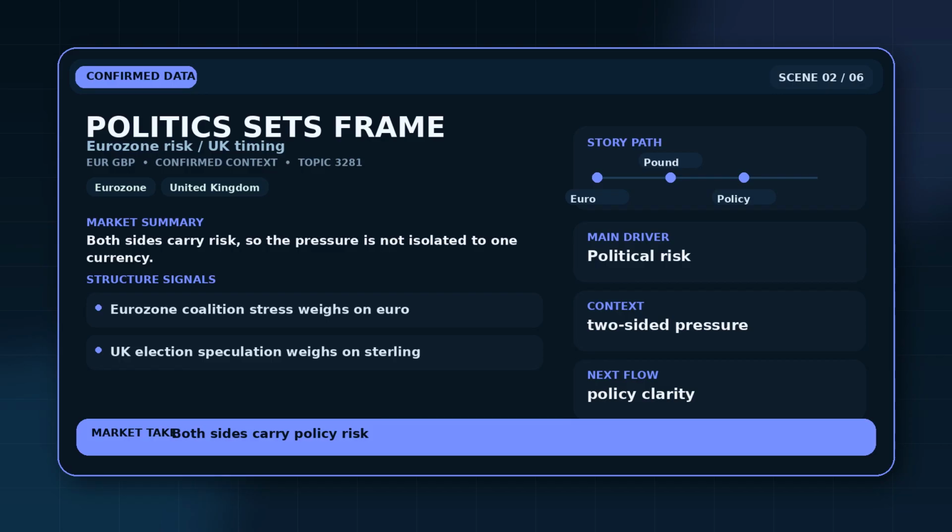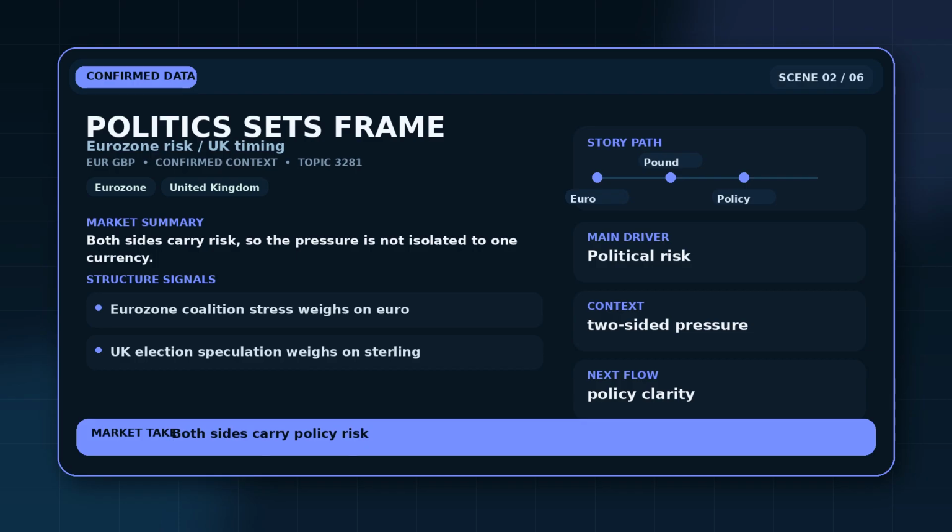The euro faces pressure from political fragmentation, while sterling faces uncertainty from UK political timing and lingering Brexit issues. The same evidence describes the recent pair range around 0.855 to 0.875 and points to lower liquidity through wider spreads. This baseline matters because it gives viewers the part that can be checked before any larger conclusion is drawn. It also limits the story to the facts already visible.